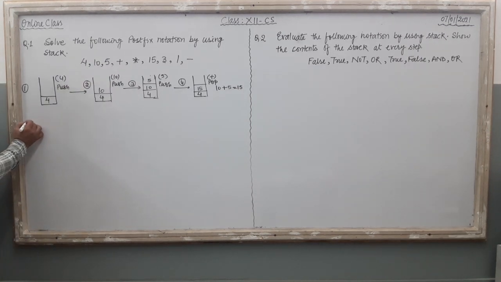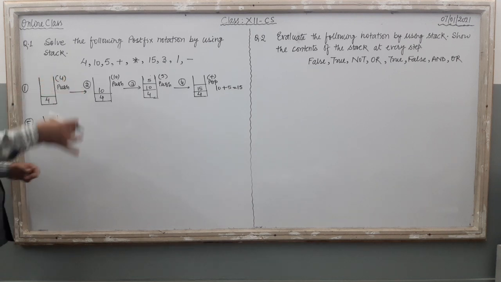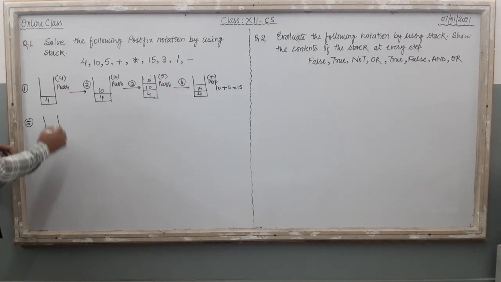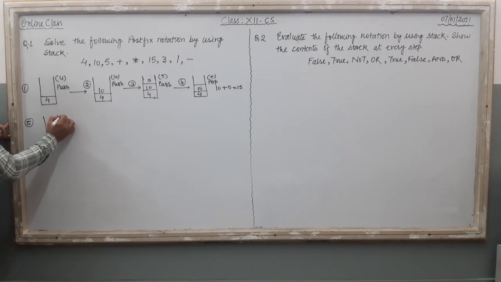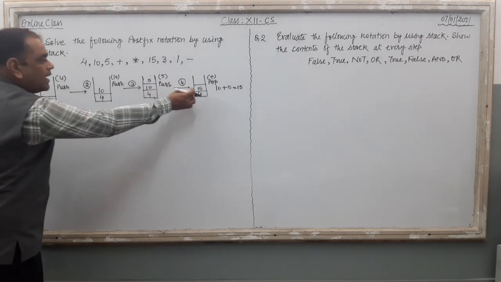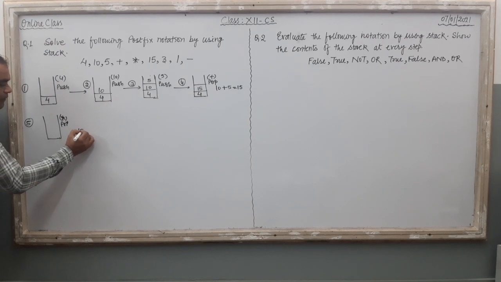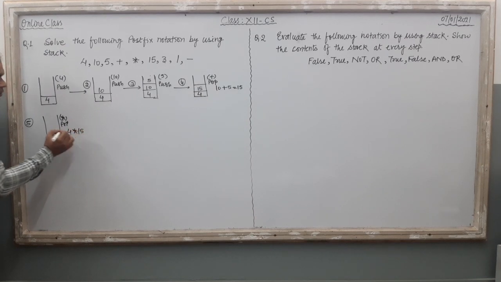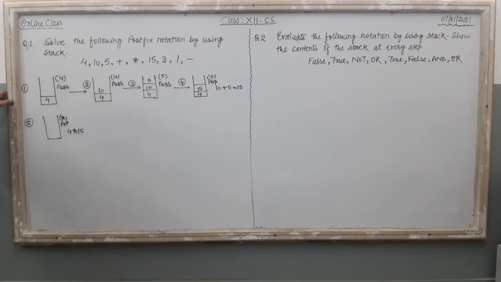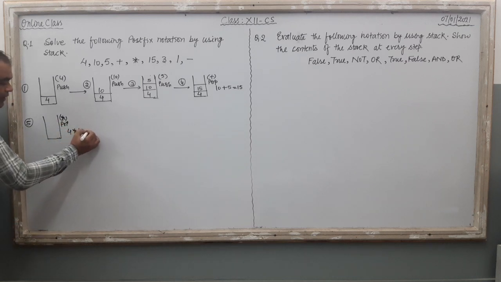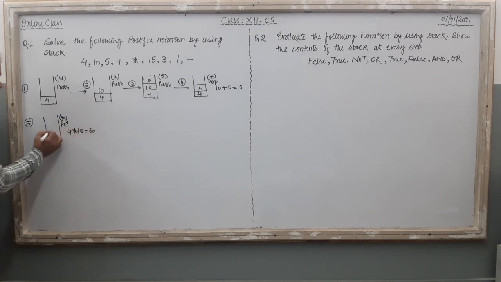So my fifth step is multiplication, meaning again I am going to pop two values, 15 and 4. Right, now the stack is empty. I have to write the operator name here, then write the pop operation, and then very first I take 15, 15 is here and 4 is here. Clear? Now just solve this one. 15 into 4 is 60. So push the result 60 into the stack. Right? It is a very simple process.